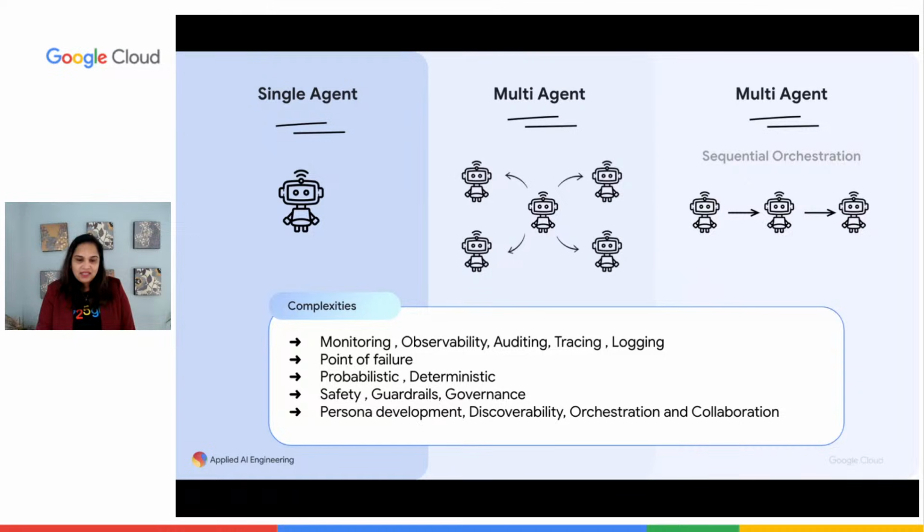But these, having a safeguard, having a guardrail, how do you have tool discoverability? How do you have agent discoverability? How do you collaborate between agents? How do you handle request response? What does the open schema look like? How do you identify tooling? All of this is pretty much a complexity or things which we need to watch out for.